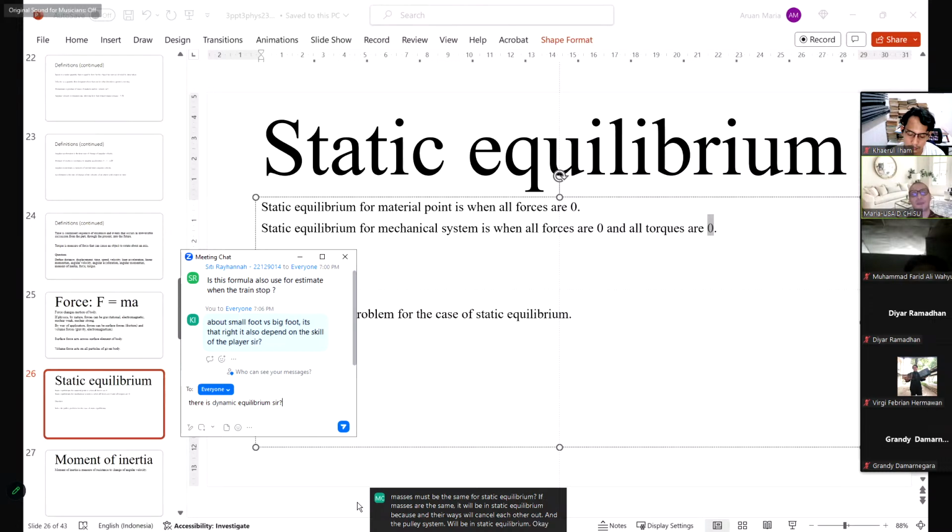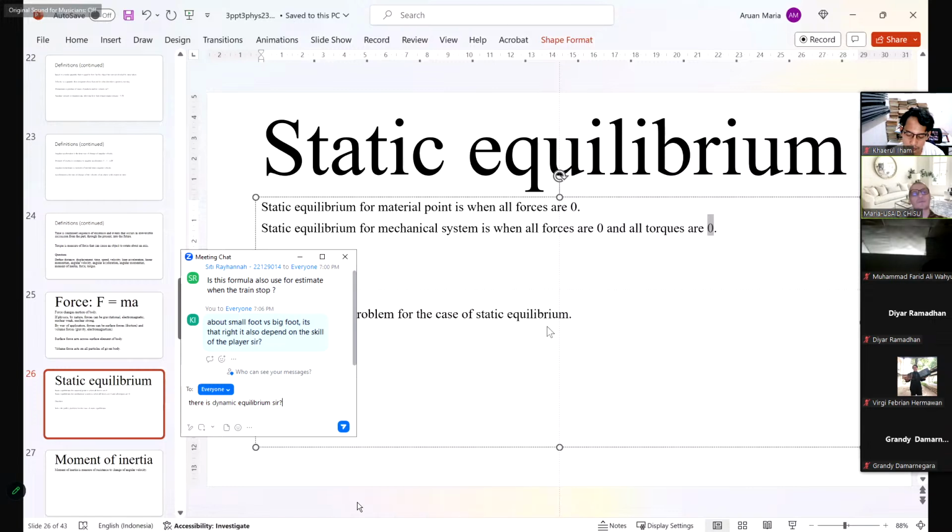Okay. Maybe we can understand that a little bit later. I'm asking you to show that static equilibrium happens when both masses are the same. And I would like you to know more about the moment of inertia, which is the resistance